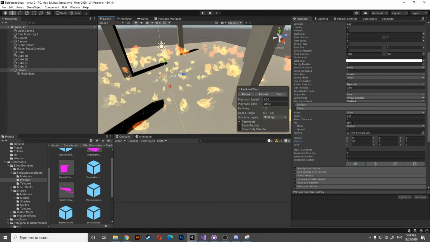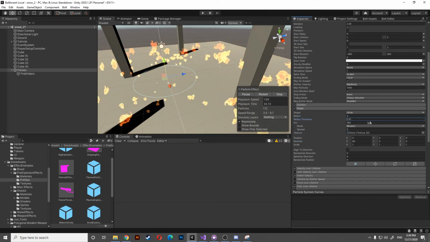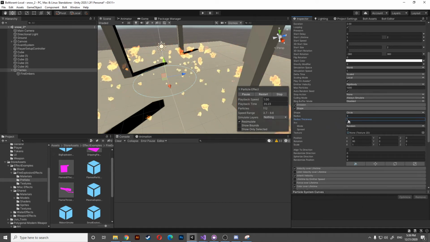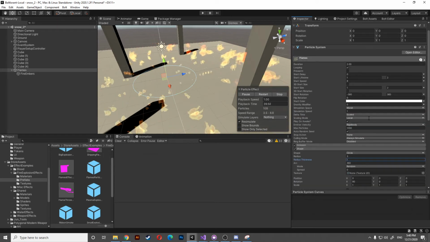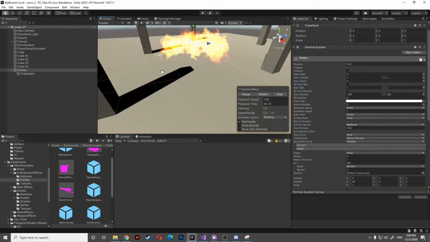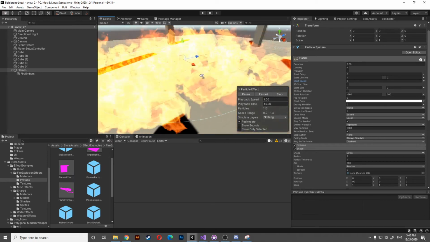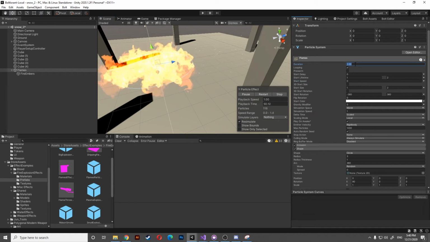The radius will be 3. Let's make the thickness of this thing 1, and let's remove the speed. Oh, very good. So a very nice zone in which we will have this little